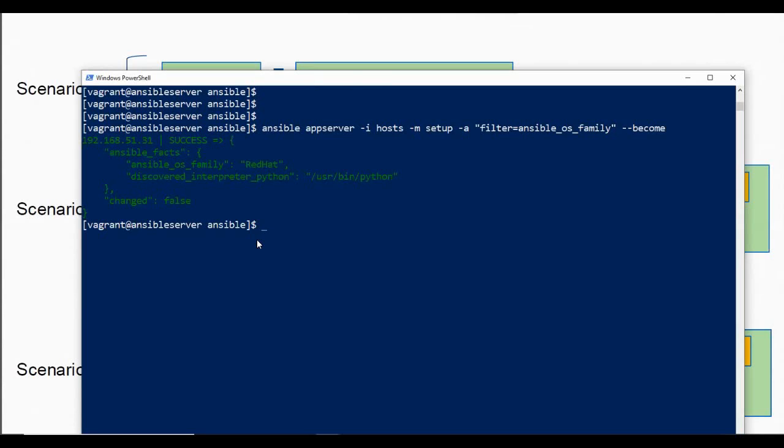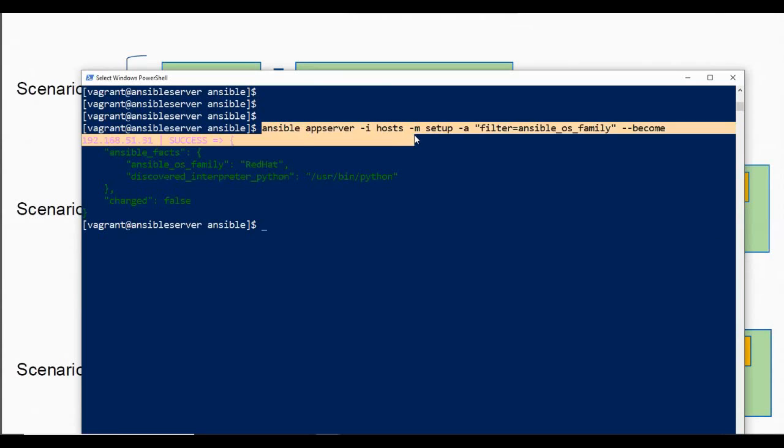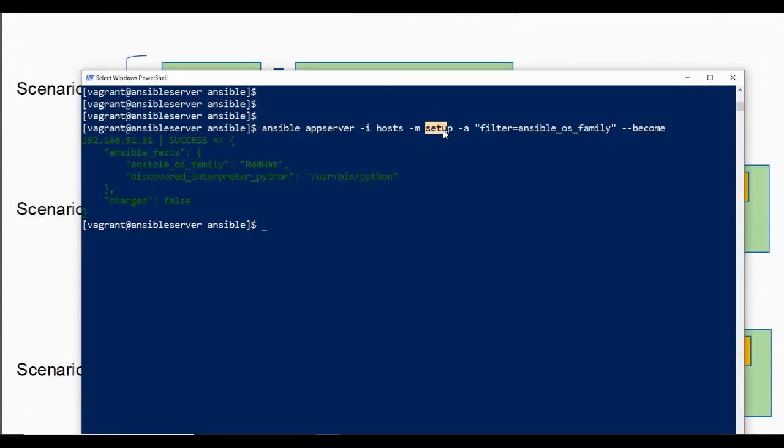Now I can go on running all these different kinds of modules. The only important thing that we need to note in this ad hoc command is that you cannot have more than one module called at a time. So here the module that we have called is the setup module. If I want to have a few more tasks executed, say to install a package or start or stop a service on the remote machine, the related module has to be called.